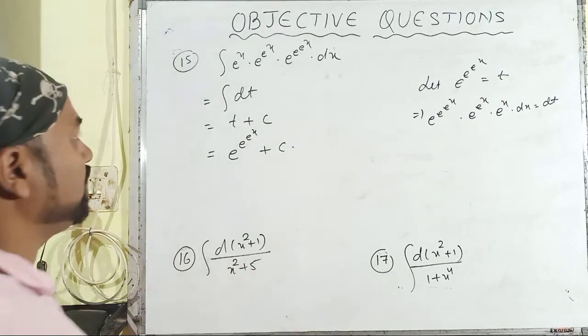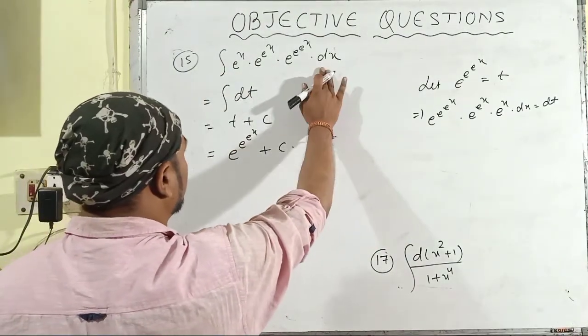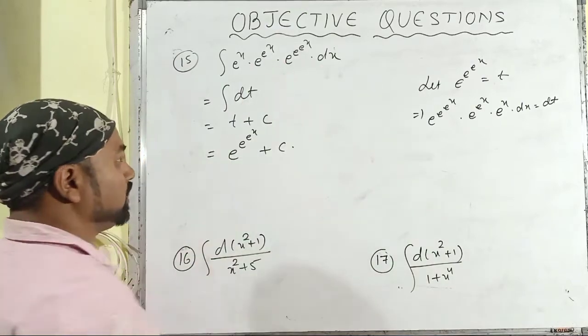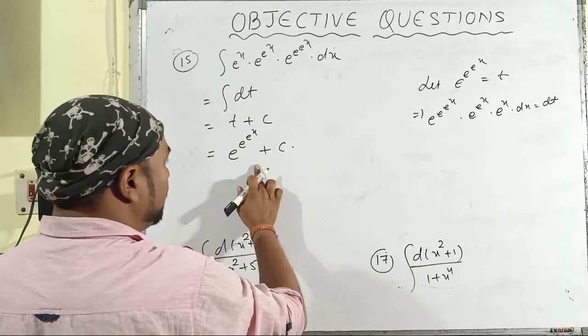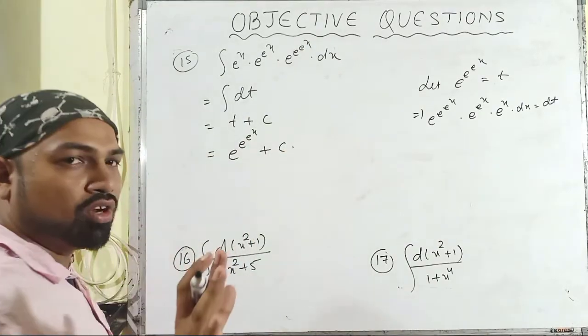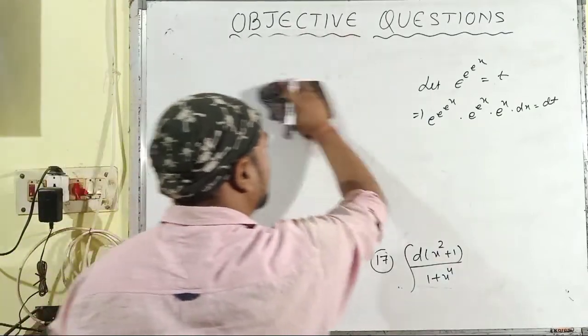The fundamental tip for you is that if the integral of such a type of function is given to you with respect to x, just choose the greatest or bigger function and then add a c here, and that will be your final answer. That is the shortcut trick. Then proceeding towards the 16th problem.